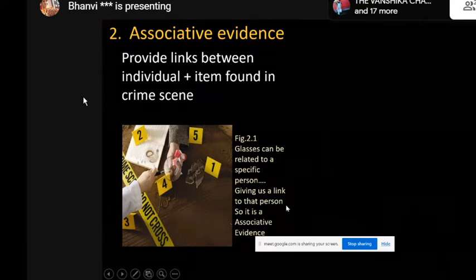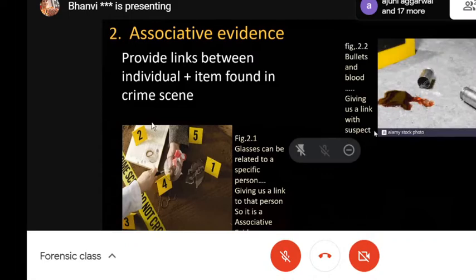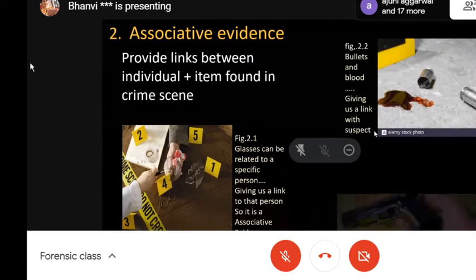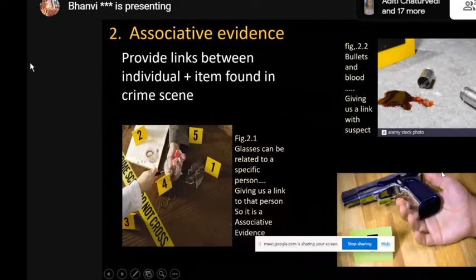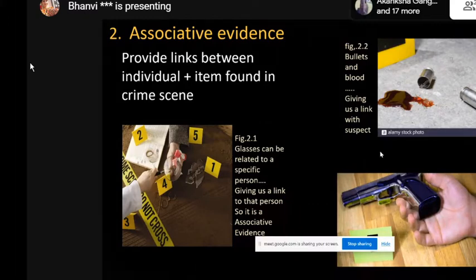In figure 2.2, bullets and blood give us a link with the suspect. And in figure 2.3, pistols in hand. So these are associative evidence. This may include items such as fingerprints, blood, bodily fluids, weapons, hair, fibers. The main issue to bear in mind is that no conclusion can be drawn from the absence of detected associative